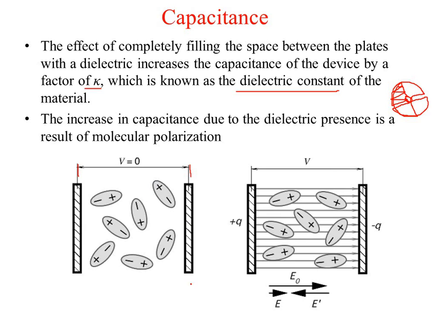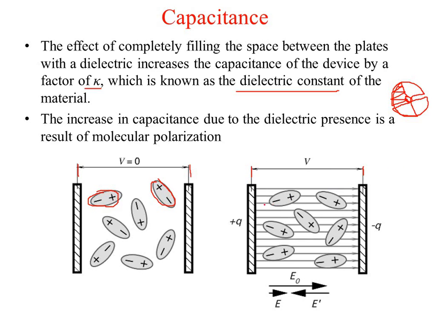The dielectric material between these two plates may be anything with insulator type of material, and the atoms are not in a parallel plane; their orientation is in different directions. You can see the orientation of this one is in this direction, the orientation of this one is in this direction. But when you apply the voltage,